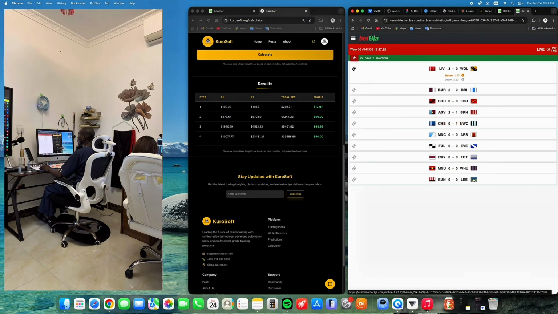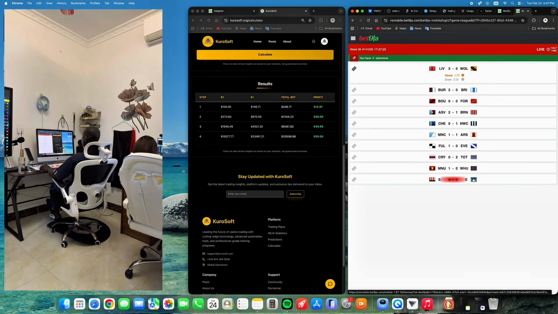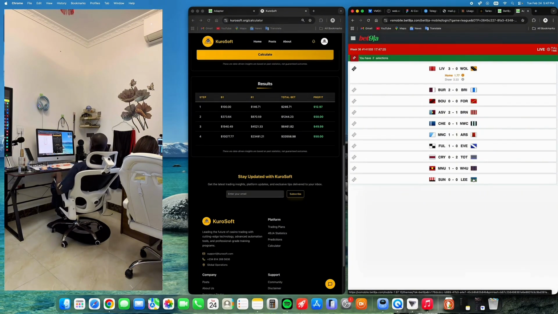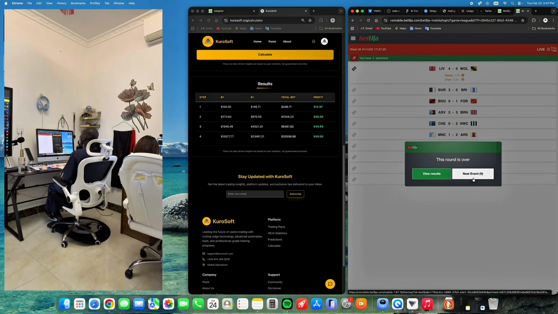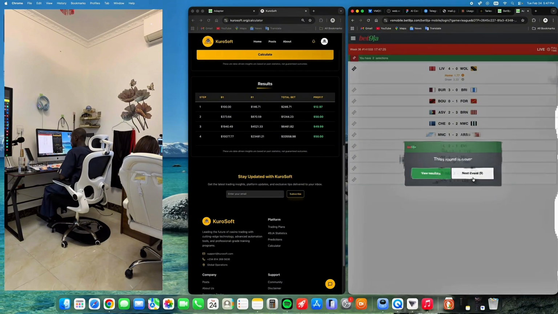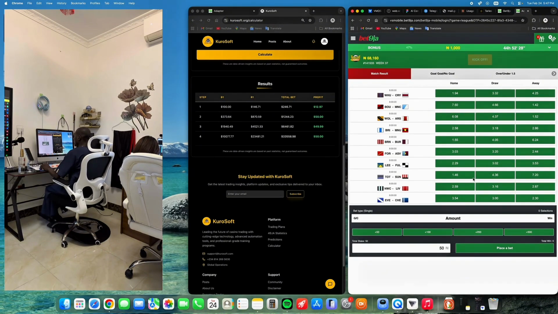So we'll be making a little profit on top while recovering our loss. You can see that in this case we made a clear win, and there is no magic that will take place whereby this guy will end up losing Liverpool. So this is how it works. Now assuming we lost this bet, you have to take note that you've lost how much? You've lost 220 naira. So in your next bet amount, if it makes a win on the recovery bet, it should be able to recover that amount.